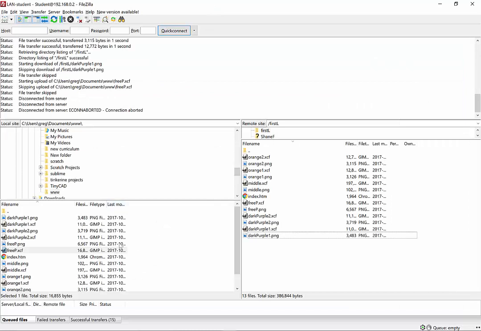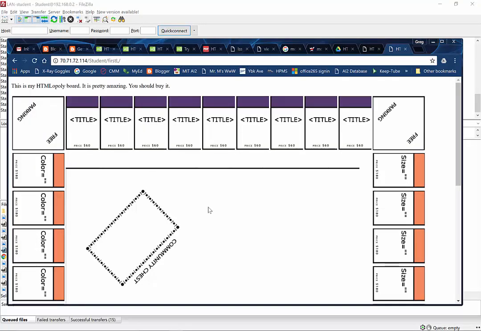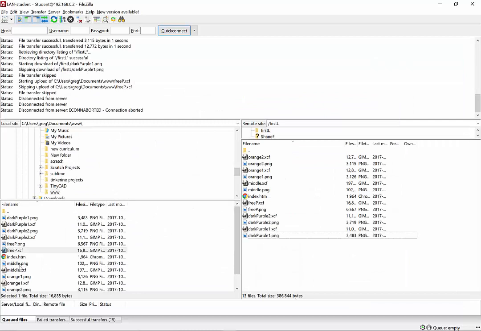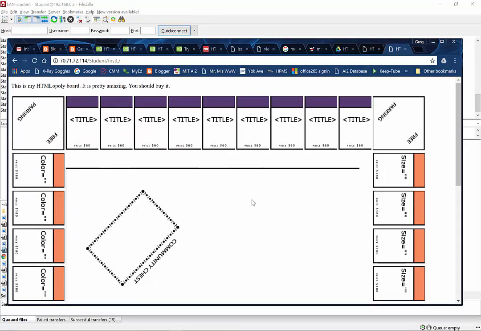And since this part can be time consuming, you don't really want to make edits on the web server. You want to make all your edits on your local copy, and when you're finally finished and you've done all your testing, then you upload to the server, really just to make sure